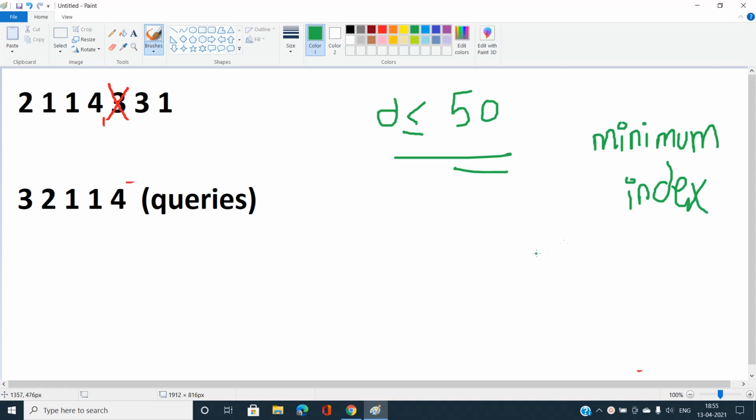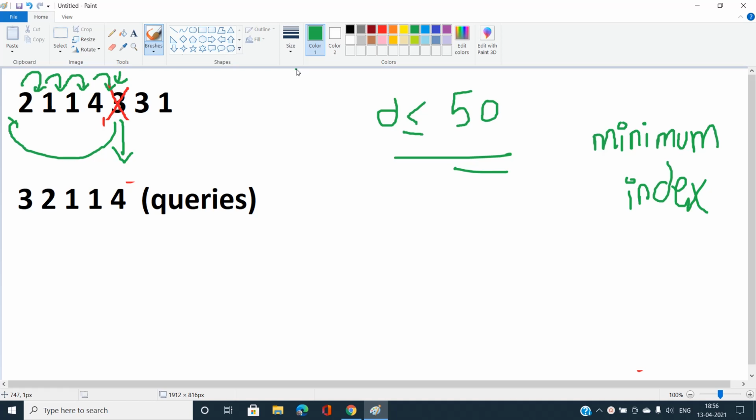Okay, so if we pick out this 3 and place it at the top of the stack, ask yourself which indices are going to differ by their position. All the positions that are less than this position are going to shift one place further, this one shifted by one place, this one shifted by one place, and this one shifted by one place. Now how much will my answer differ? We need to output only the minimum index for a particular distinct color.